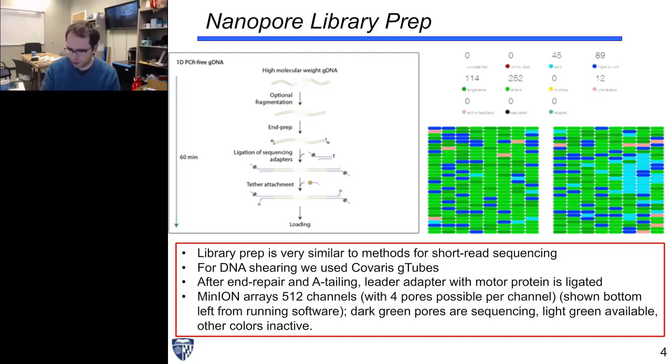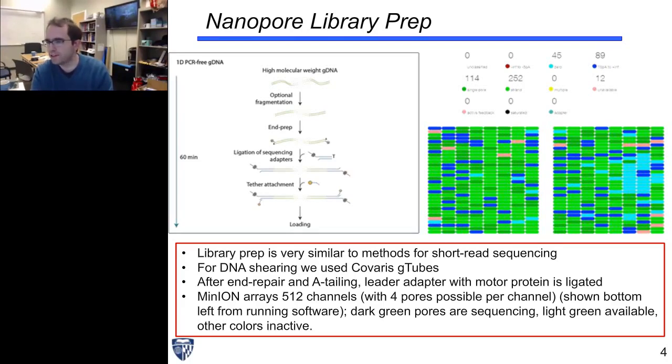And so if we tether it to, in this case, a bead that gets delivered to the pore effectively, then we're that much closer to the pore and we can get our results that much quicker. Pictured in the top right corner is an image from the computer of an instrument connected to the Oxford Nanopore instrument. And what you see here is a typical response where you see